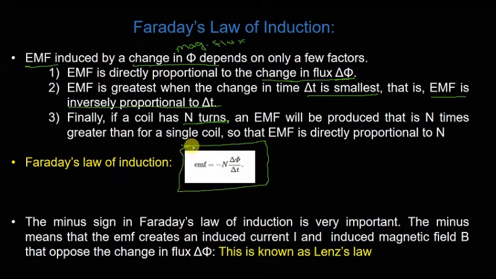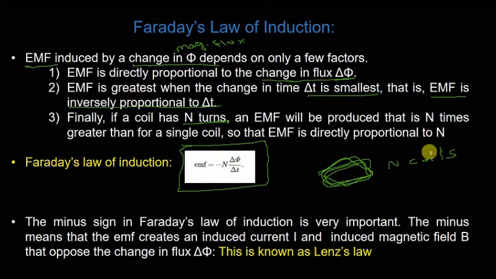And you notice there's a negative sign in front. N denotes the number of coils. We've seen this before. And delta phi is the change in flux, and delta t is the change in time. So what this law is essentially saying is that if we have, say, n coils, I'm just going to draw n such coils,